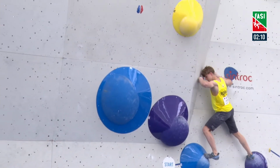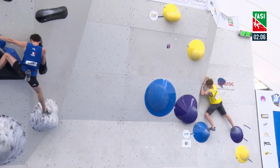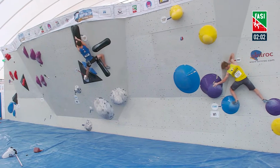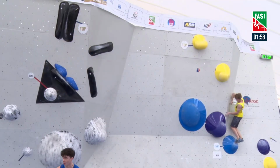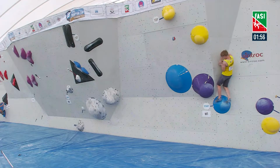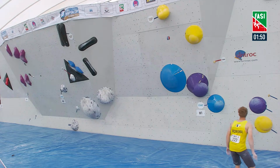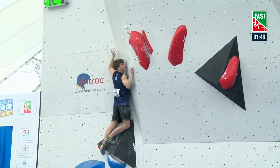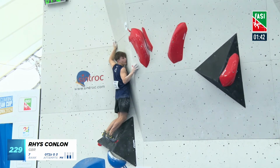Brilliant. And now Quito's caught the right hand black volume on men's 2. Oh, he's made that look, honestly, wow, making use of that low left foothold. So very poor, you know, textured dimple zone hold, and for whatever reason, that was a better body position for him. Maybe his left leg was completely extended out underneath him. And so, yeah, he made that finish to that boulder look a lot easier than we've